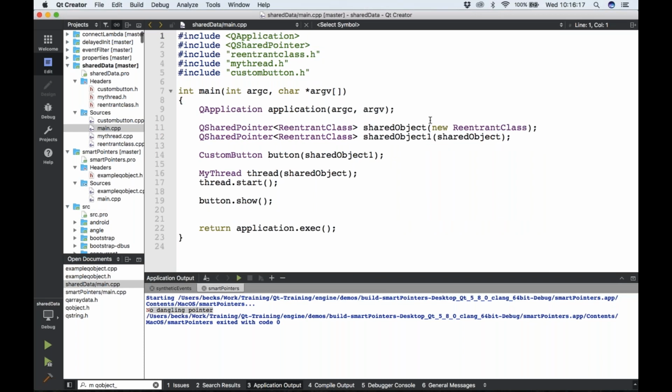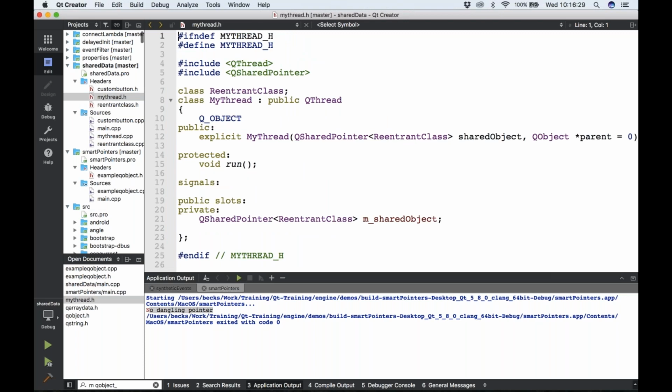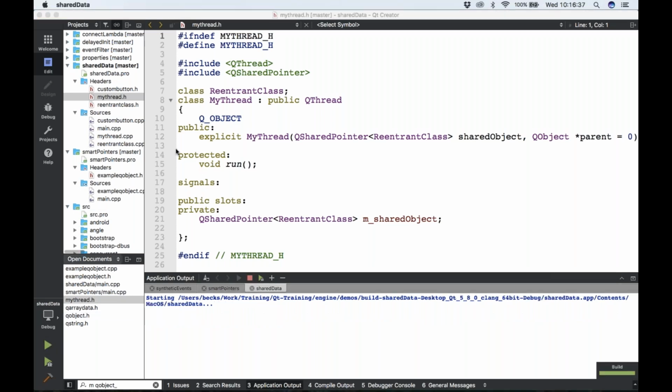In this class we're creating a couple of shared objects, giving them a shared pointer, and passing one of them into the button and another one into the separate thread. My thread is basically a QThread, which contains this shared object that is being passed in. So when we run this, we have a button here, and when we press that button, the shared value is